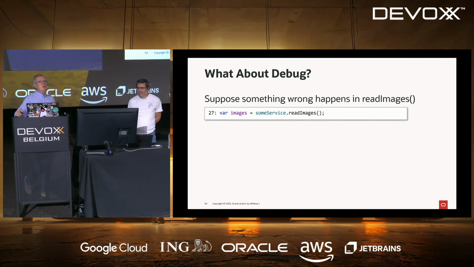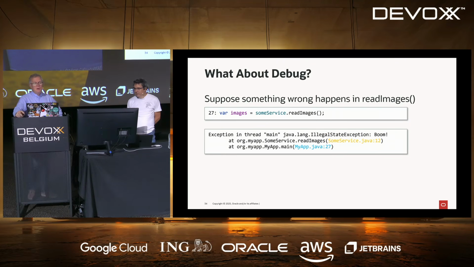What about debugging? We talked about stack traces. What is happening if in this method readImage, you have an exception that is thrown, and let's suppose that it is line 27? Well, if you're just calling this method from a main class, all right, you have a simple stack trace, which is just this one, and that will take you exactly within the readImage method on line 12, and you know that it was called from line 27 of your main method. And this is really great because you know exactly the context and everything. You have basically all the information you need to debug your application.